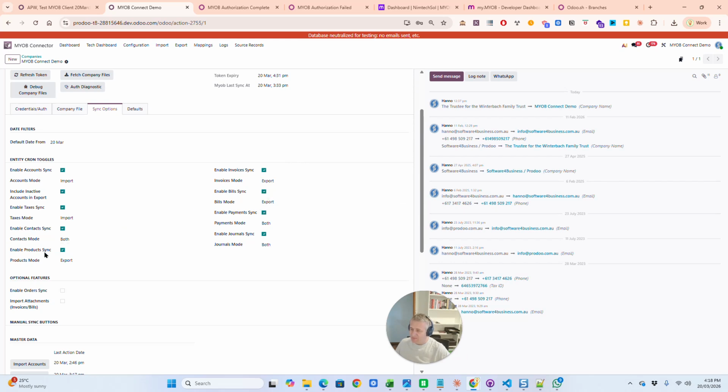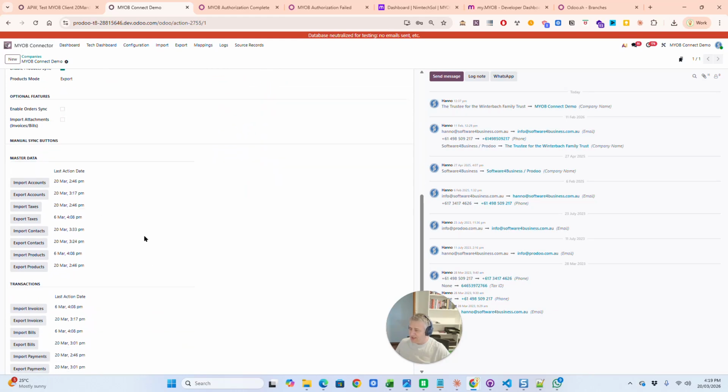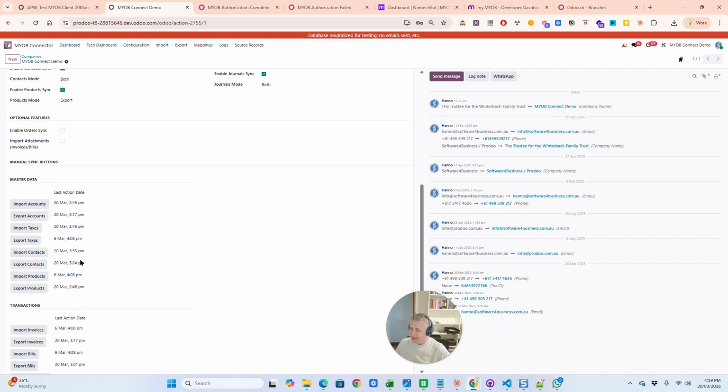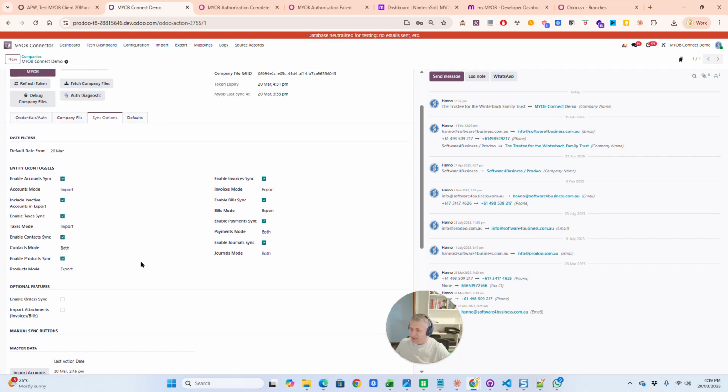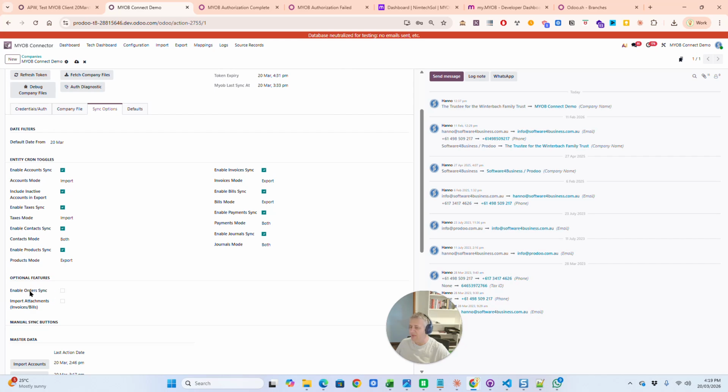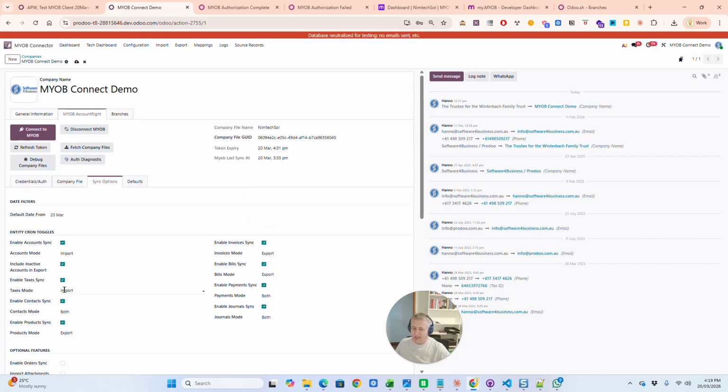And yeah, you can do that with all of your master file data, your accounts, your taxes, your contacts, your products, and so forth. So there's a bunch of things in here as well, like what's the last time it exported or imported particular transactions or master data. And like I said, you can decide if you want to import or export certain things. You can see in my case, I did not enable sales orders,